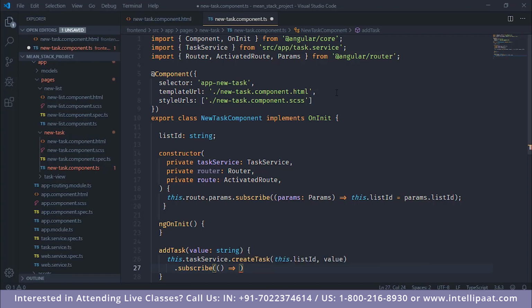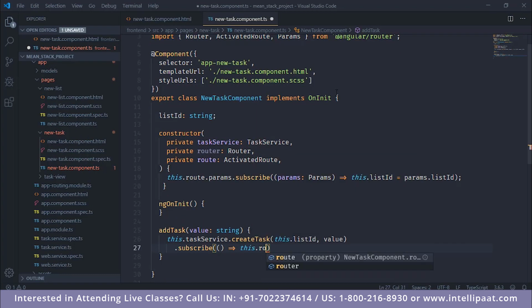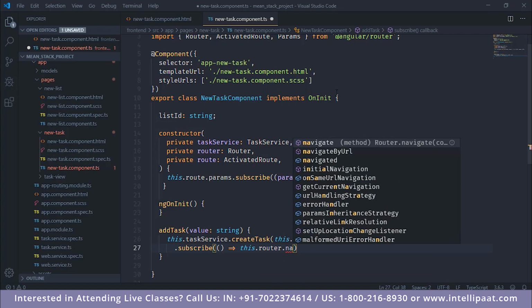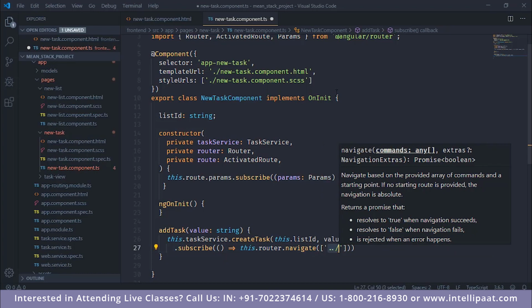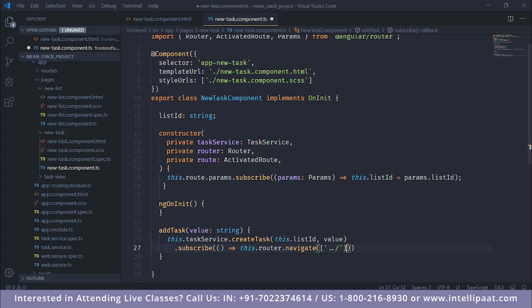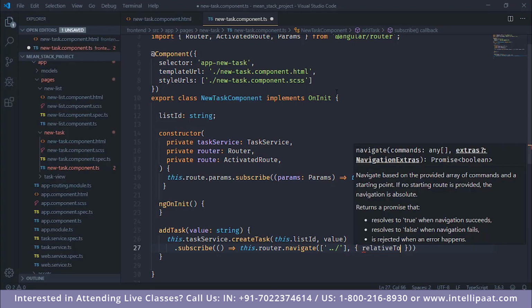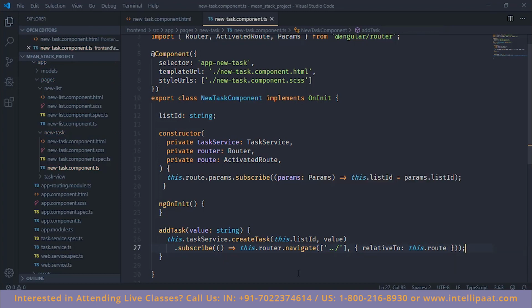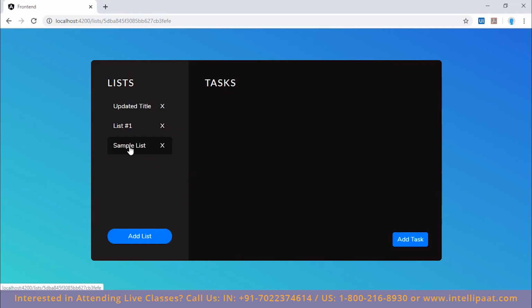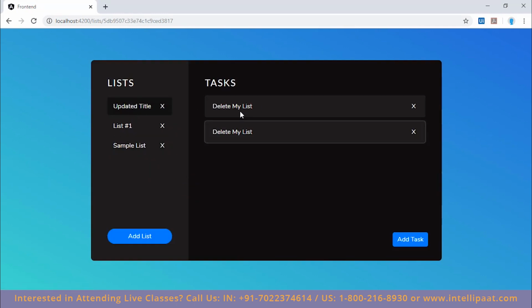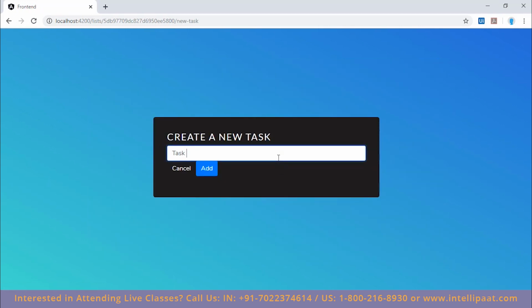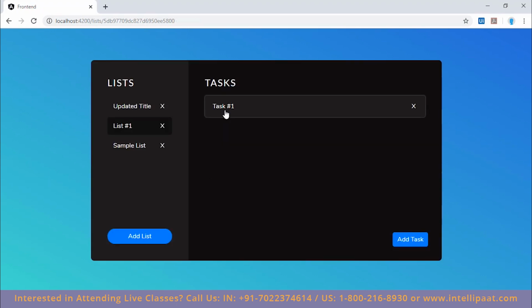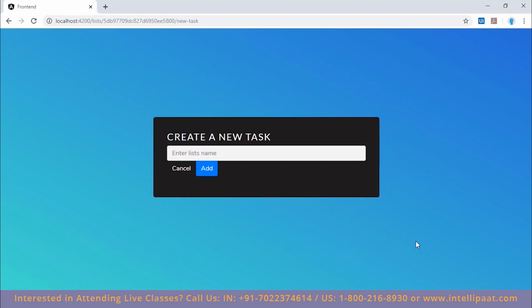So what we do is we use this.router.navigate, pass in the commands which is just the same as we did previously, and we need to pass in the relativeTo attribute which is this.route. Now that is done, let's see if our application is working correctly. So we go to updated title. There are two list items here. We go to list 1, there are no tasks. Let's add one, call it task 1. Now if I click on add, we get it here,